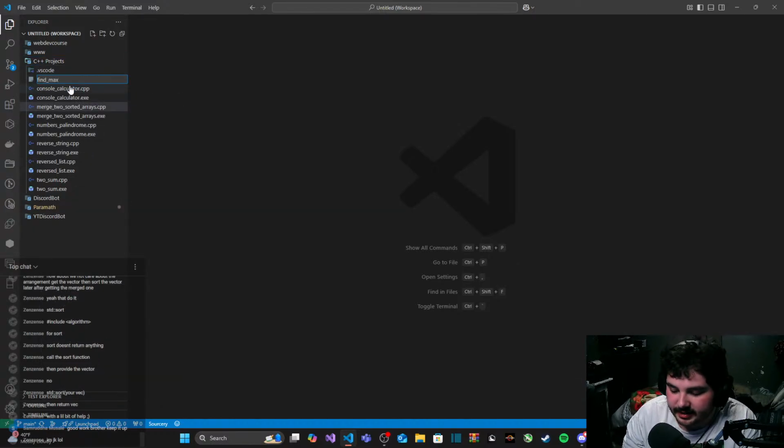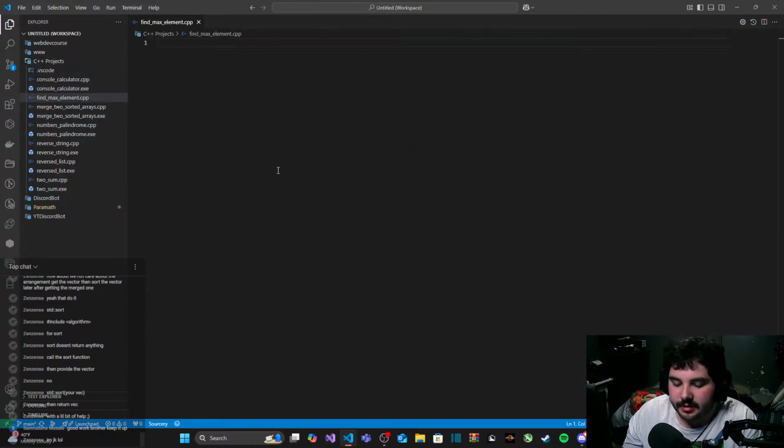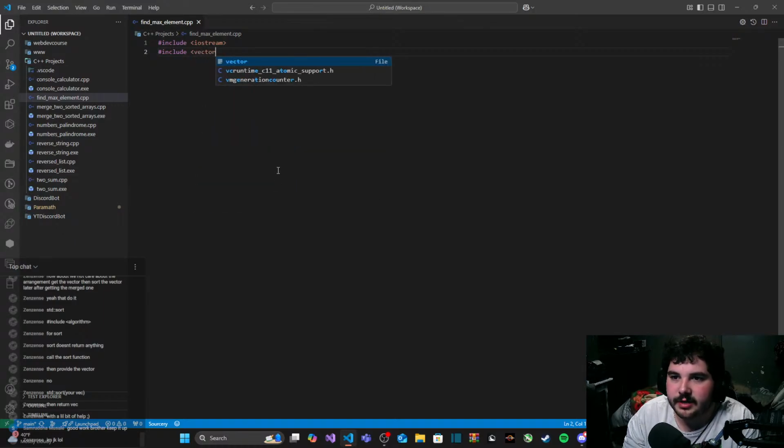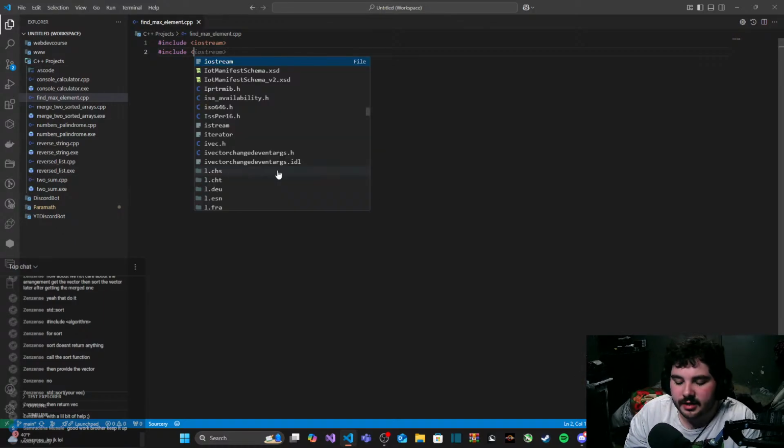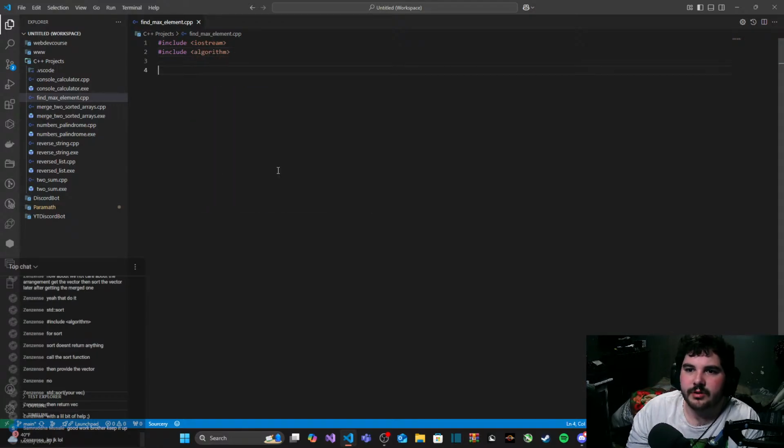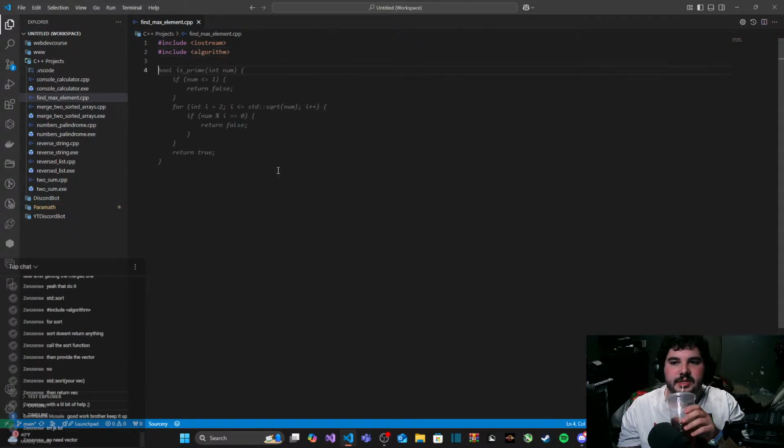Find max element dot cpp. Okay, include iostream, include vector. Oh wait, actually no, we have to do it in an array this time. I'll use algorithm just in case I might be able to use that.